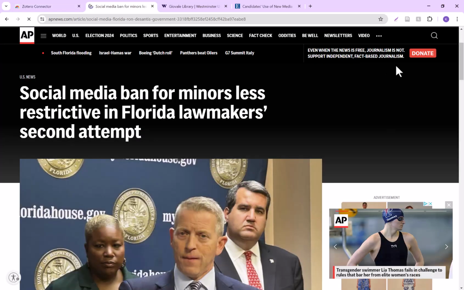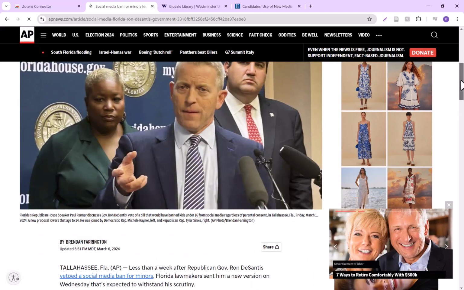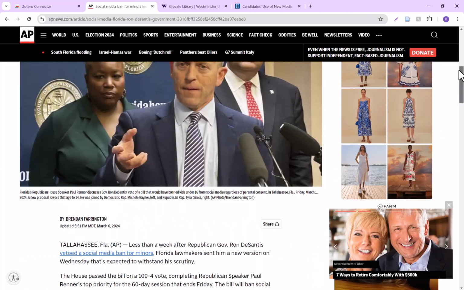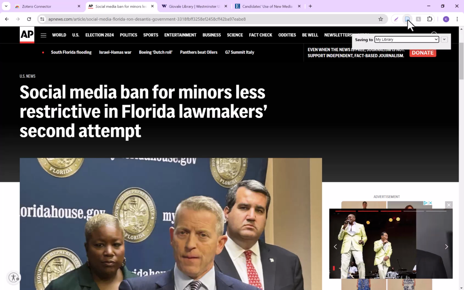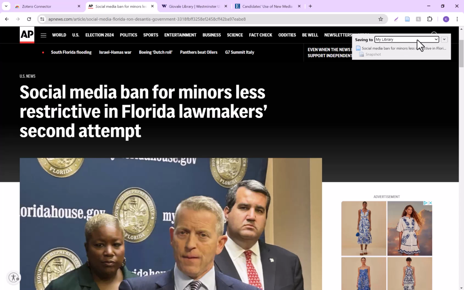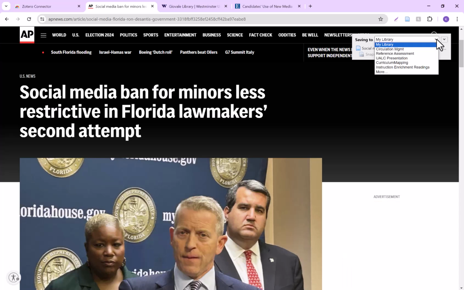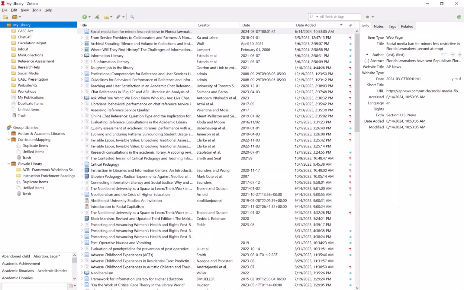So let's say I'm researching social media and I found an article that I'd like to save. This source is a news article, it comes from the AP. You can see it has an author, it has a date. Our Zotero icon has changed into a blue page. If I click on the Zotero connector, you can see that the item is being saved to my library. If you have other folders set up, you can save it to a different folder, but I'd like to save this to my library, and so I'll navigate back to my Zotero application,